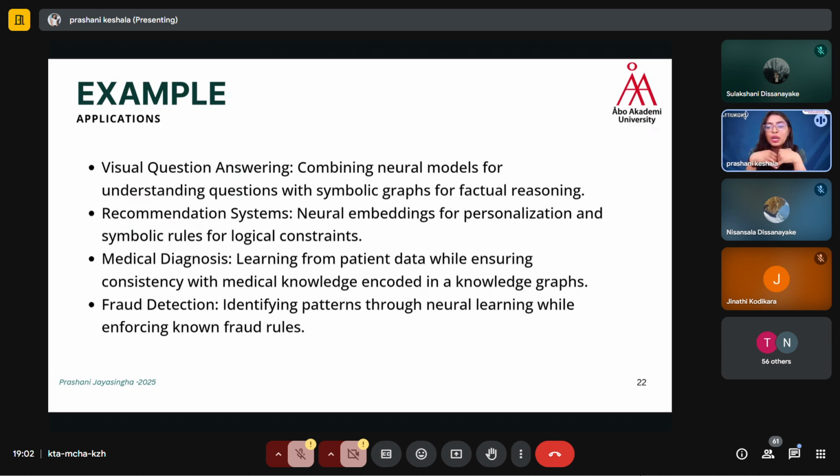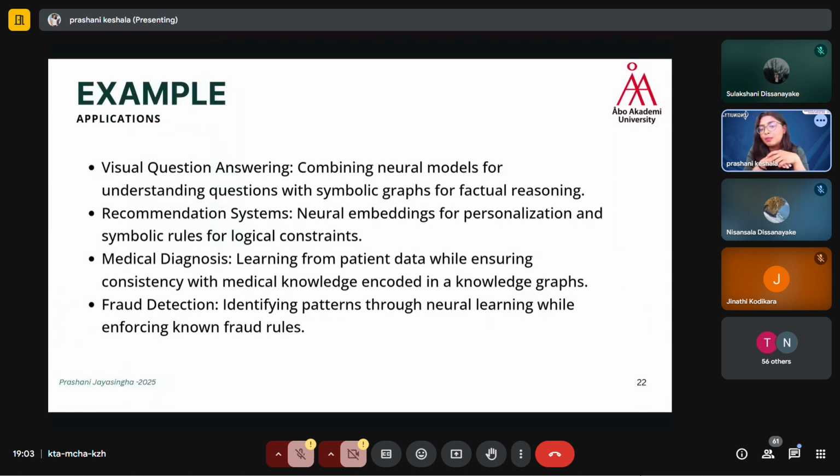Let's say you have an image of a kitchen where you can see apples and oranges and knives and spoons, and you ask the question, what is edible in this image? And if you have explicitly mentioned that apples and oranges are edible, then it will definitely give you the answer that apples and oranges are edible, as opposed to just